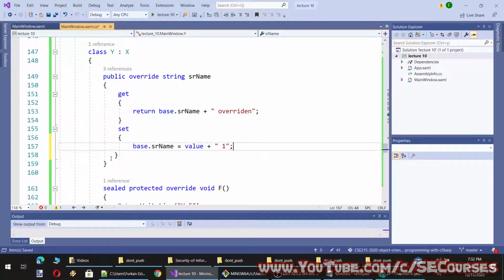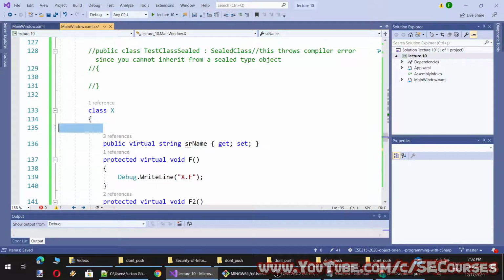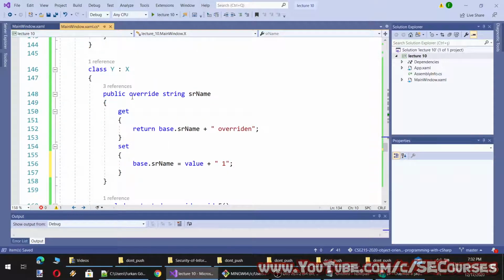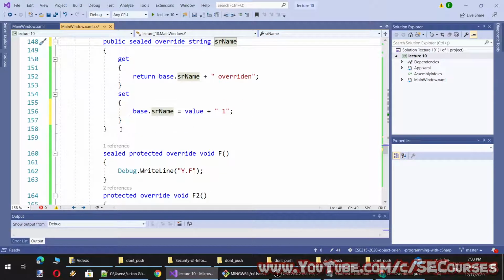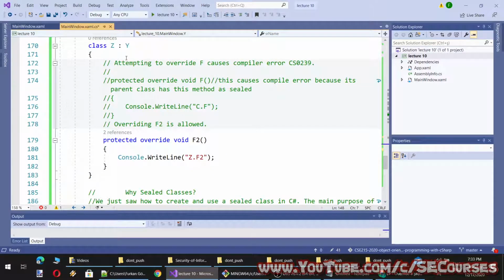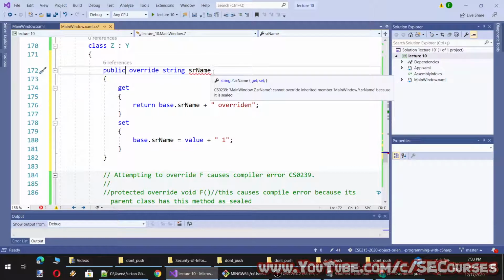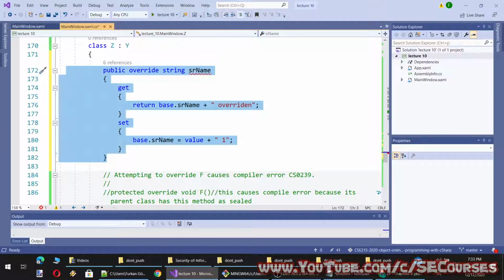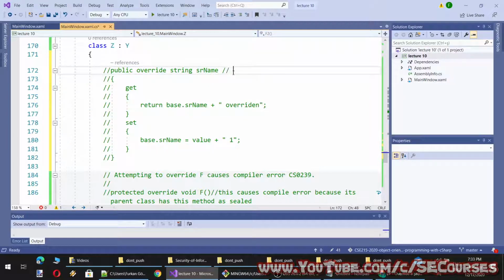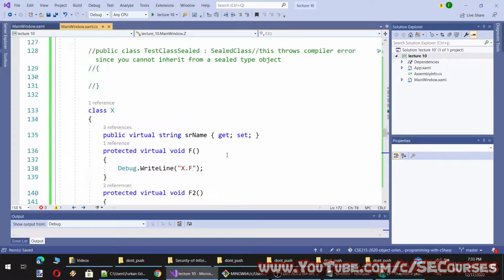So this will override the SrName, which is basically a string property. And when I override, I will also add the sealed keyword. So I won't be able to override it in the class Z. This will tell me that it is sealed. So this is how we override properties.